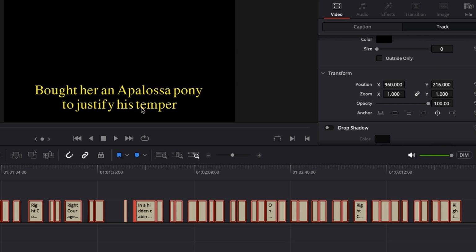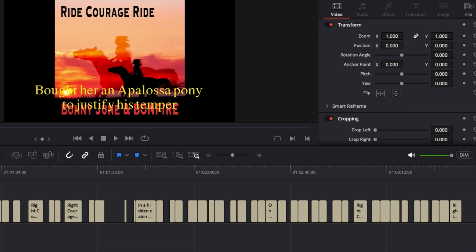This is where the lyrics sit on your video. Let me do this. For this video, we're going to use the CD cover. So I'm going to go back to my Finder and look for the cover and drag it right down here onto video 1. This is a video 1 track. You can put it wherever you want it, as long as it's underneath